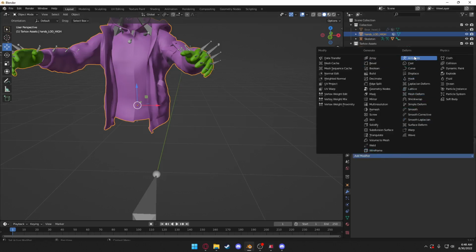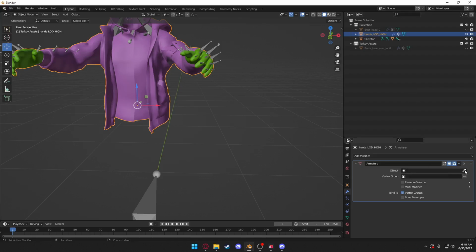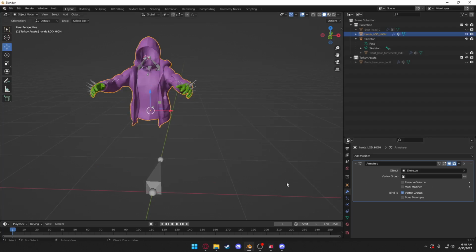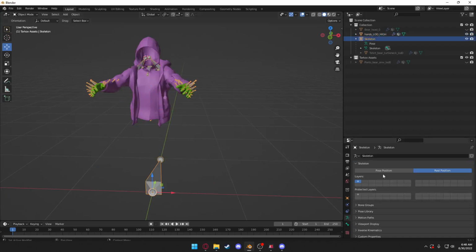Click add modifier. We're going to add an armature. We're going to select the skeleton. And you can leave the rest of these as it is. You don't need to do anything else, as you can see. So now if we throw this into pose mode real quick,